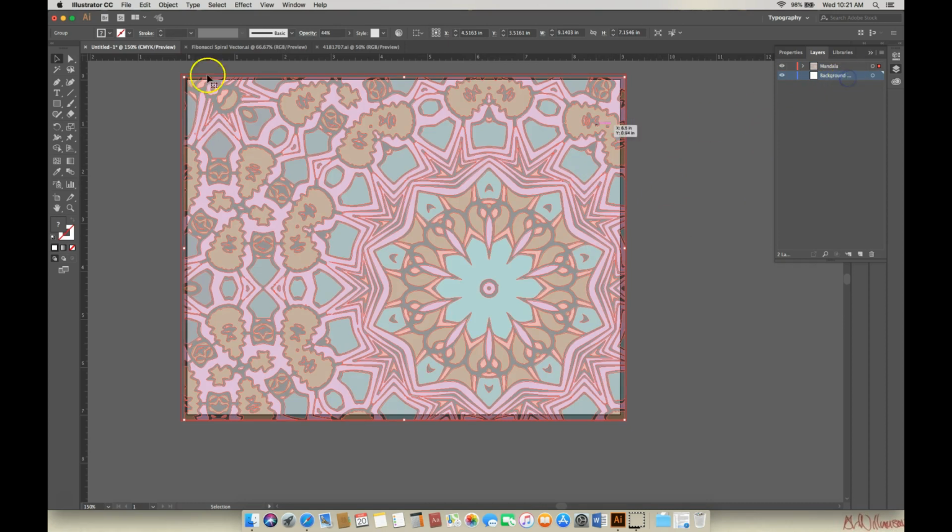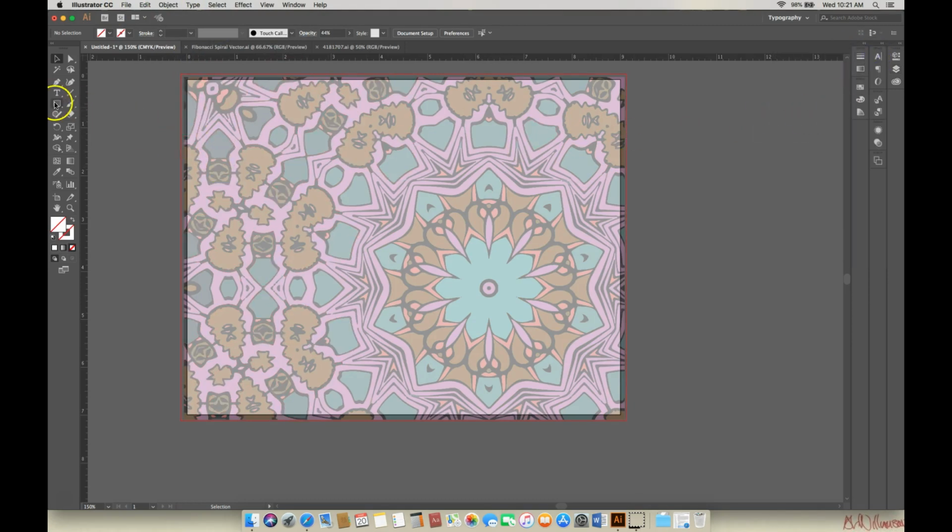So I'm on my background layer here. I'm going to deselect my mandala there, and I'm just going to create. I'm going to use my rectangle tool here, and let's see. Let's go ahead and pick a color. I'll probably have to adjust it later, but I'll try this magenta here and see how that looks behind the